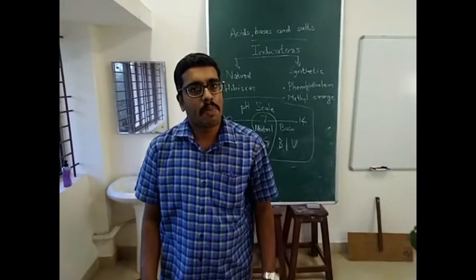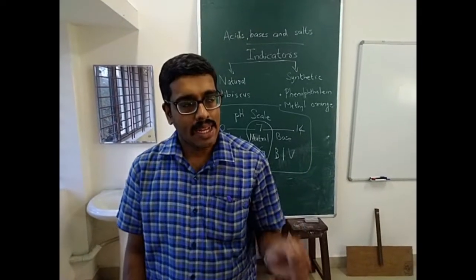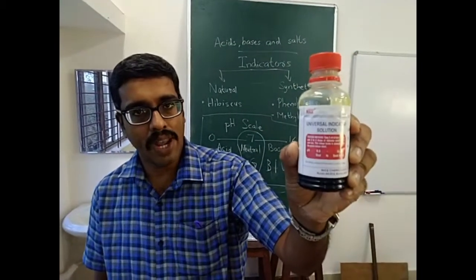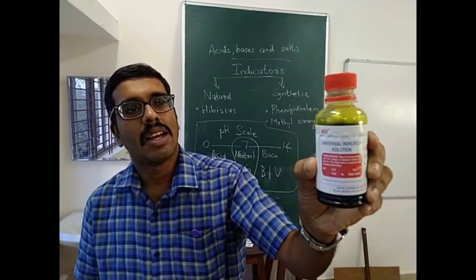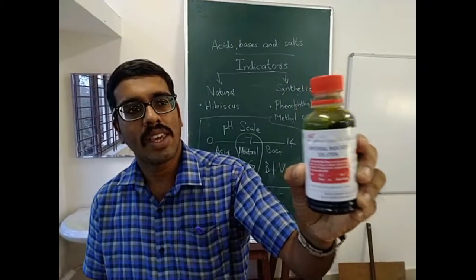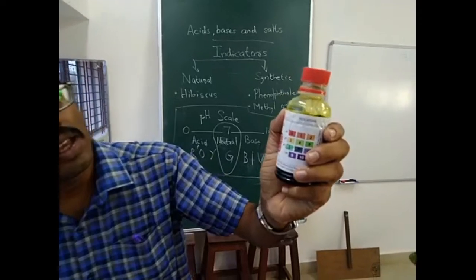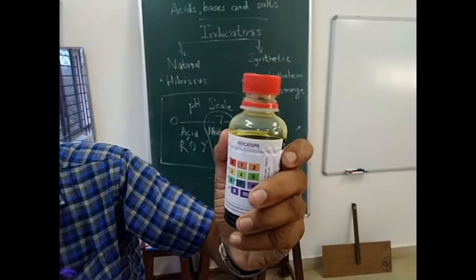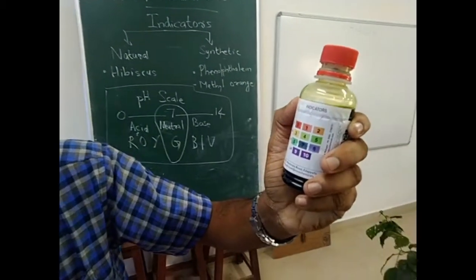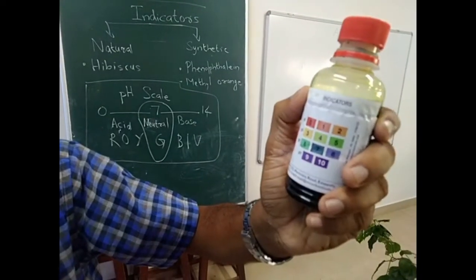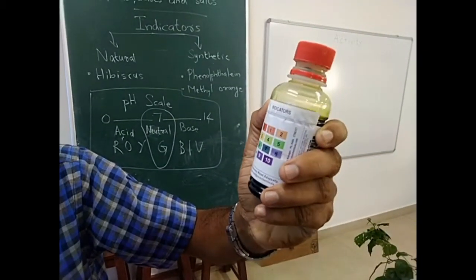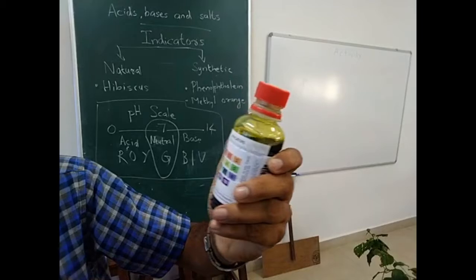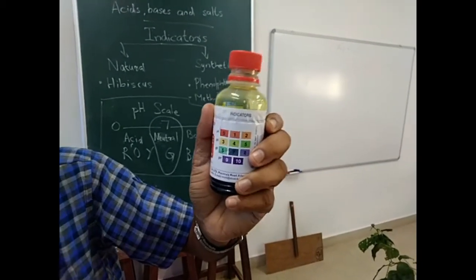We are going to test the pH, the hydrogen ion concentration, of an acid and a base. We have a solution named universal indicator solution. On my left hand you can see the solution is dark green in color. If the pH of the solution is 0, it will change into red color. If it is 1, it is pale red, 2 it is orange, 3 yellow, 4 very light green, 5 green, and 6 it is somewhat dark green, and 7 the same color, and 8 it is indigo like color, and 10 and above it is violet color.